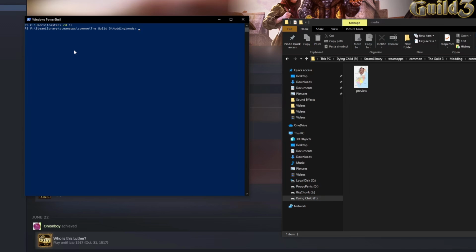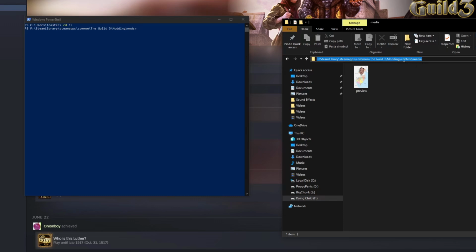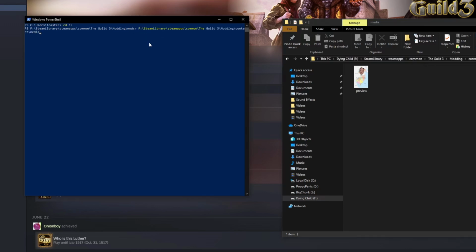Now, unfortunately for me, I also already did this, but you also want to do a CD to this folder. You can actually just click here, Control C, and then right click, and it will paste it in there for you. Just make sure you get rid of the drive letter and the colon there, and then just put CD space. So just to do a little example, I would get rid of this, do CD space, and it will